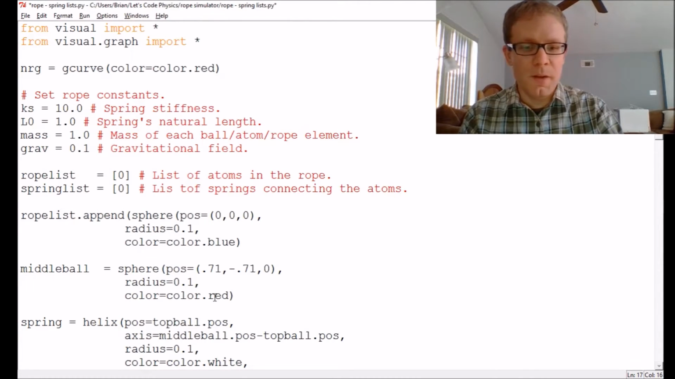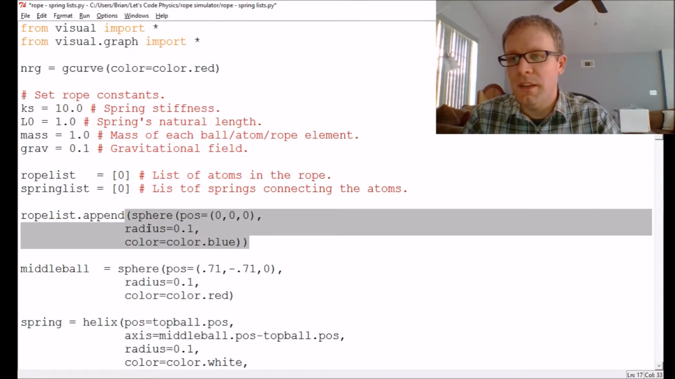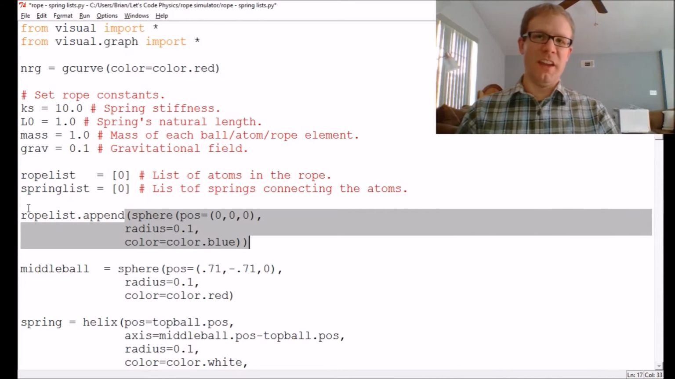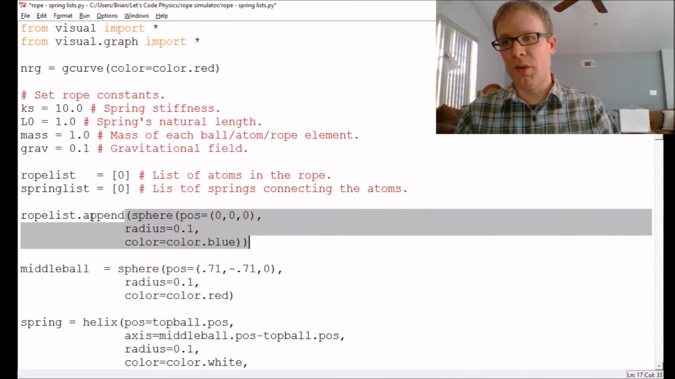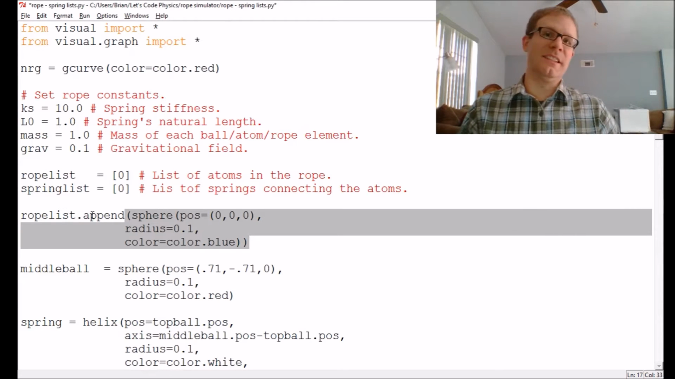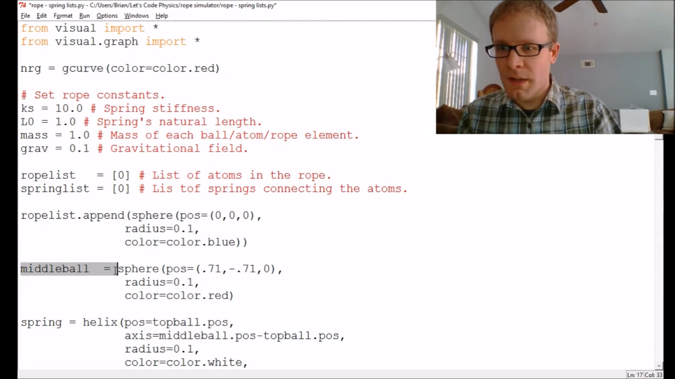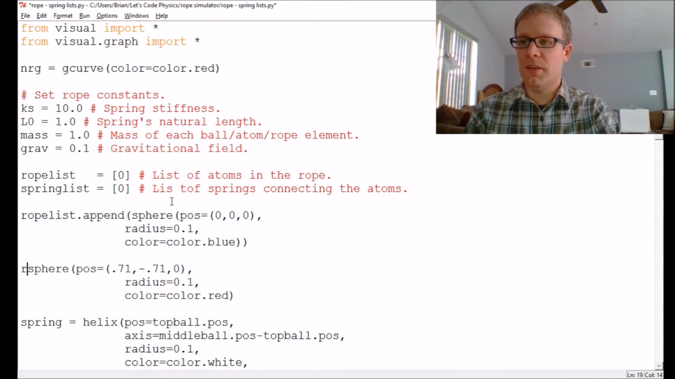And so what it's doing now is I'm telling the code, I want you to create a sphere that has all these attributes, just like the top ball had before. Only now, instead of giving it an individual name, I want you to put it as the next item on the rope list. And then I can do the same thing with the middle ball here. I can say rope list.append,